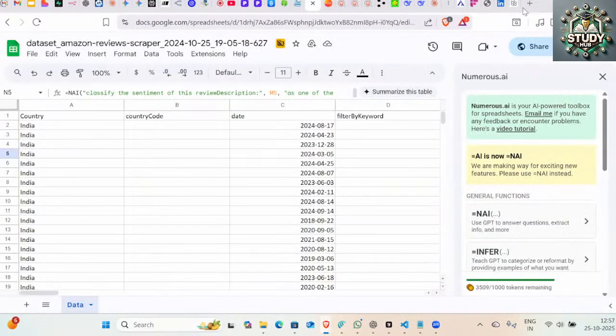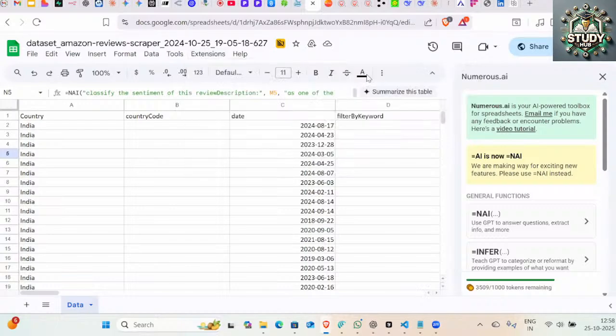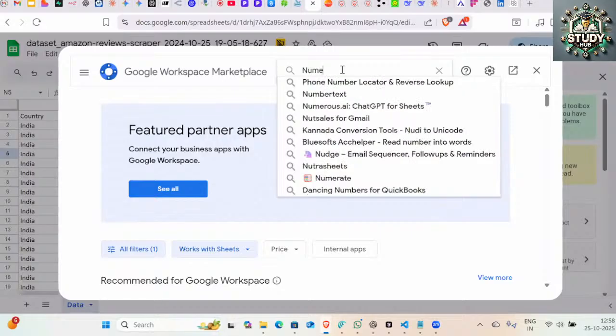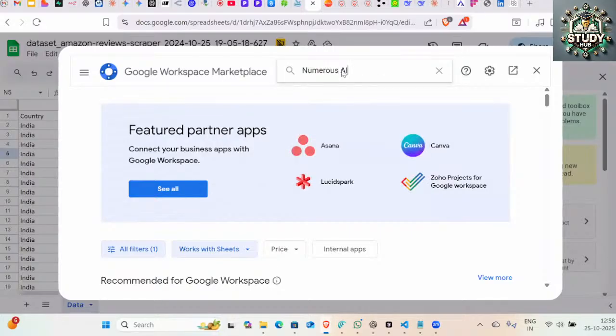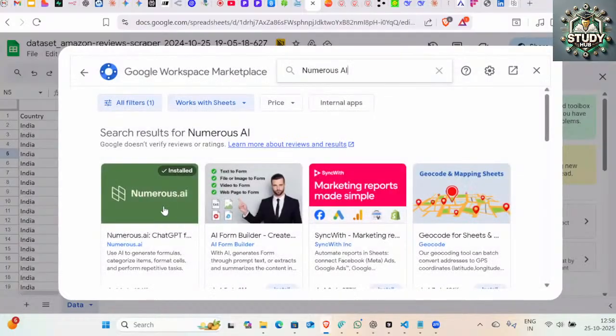Just to quickly show you how to add this: go to any of your Google Sheets or Excel sheets, go to the extensions tab, click on add-ons, click on get add-ons, and simply search for Numerous AI. It gives you the extension, click it, enable it.